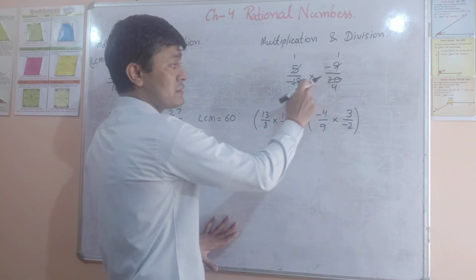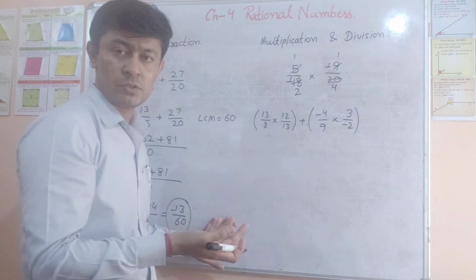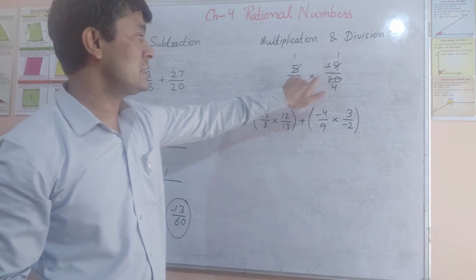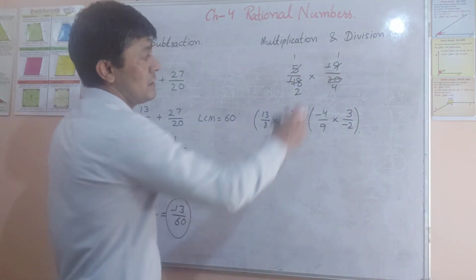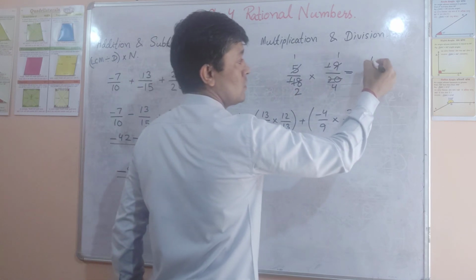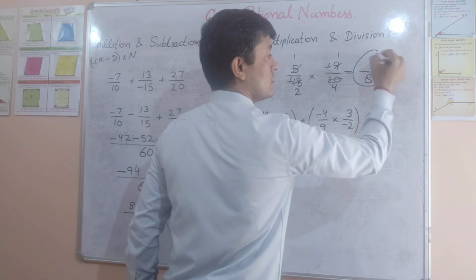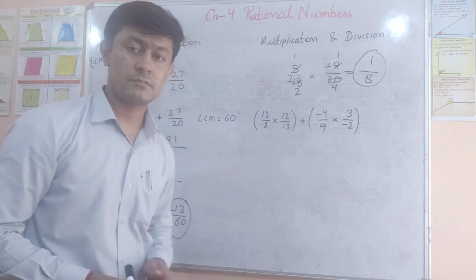Acha, this negative sign, this is also the negative sign. Negative and negative both will be cancelled out, they will also become positive. या फिर आप ऐसे भी कह सकते हो minus into minus, answer plus. अच्छा, now see, now numerator will be multiplied with this numerator. 1 into 1, 1 upon. 4 2s are 8. 1 upon 8 will be the answer.